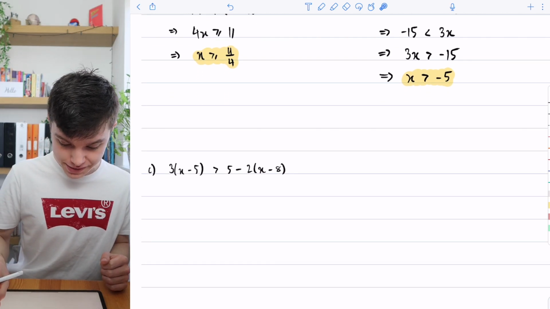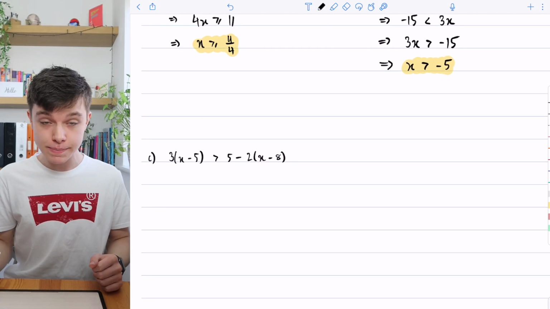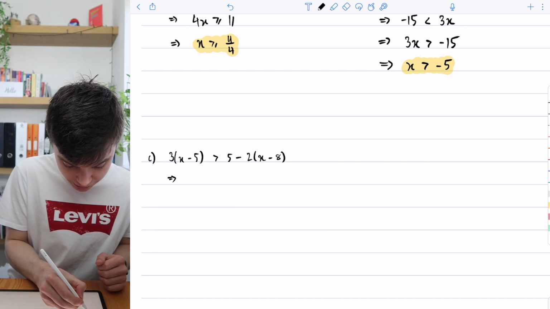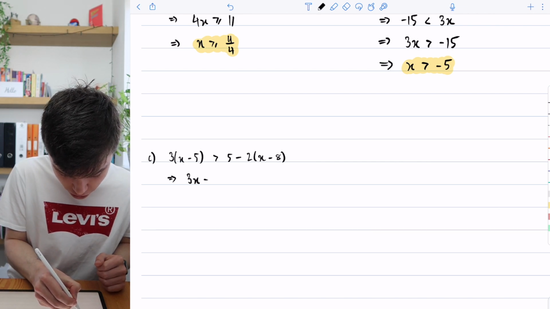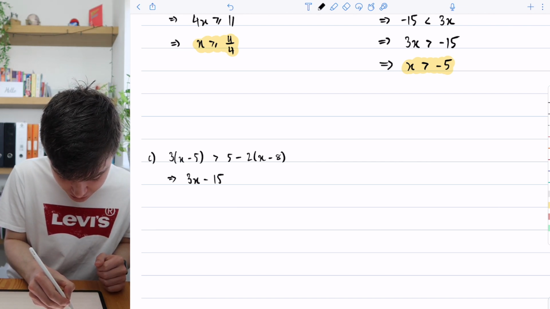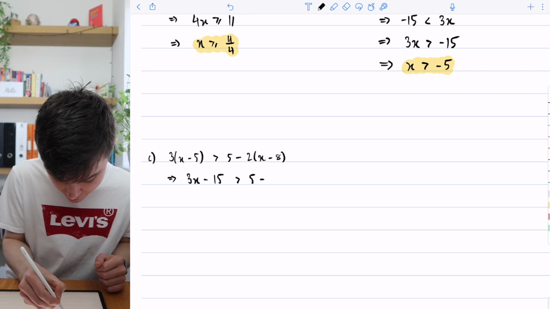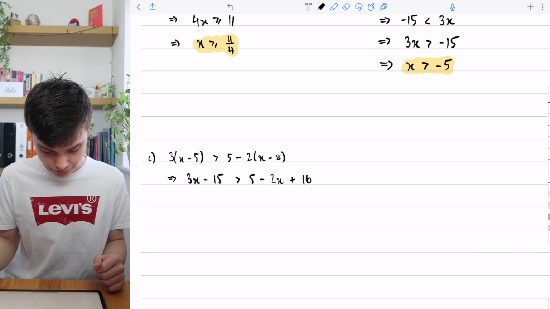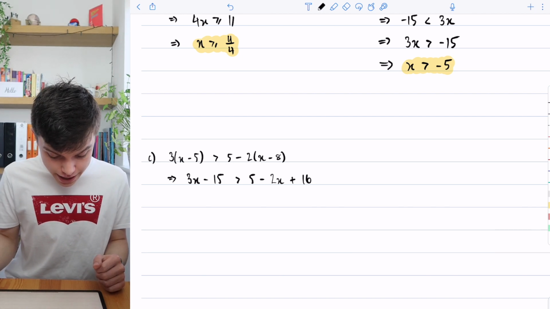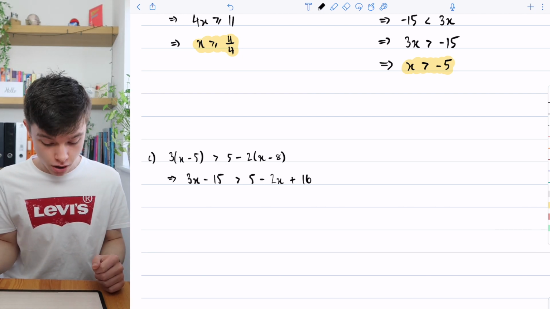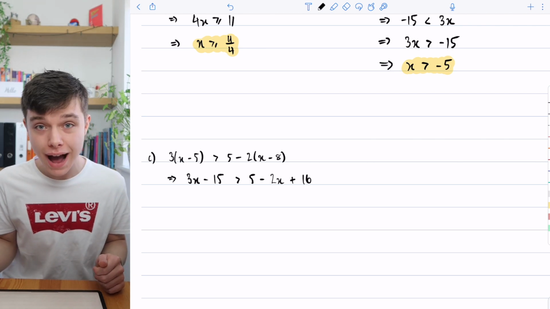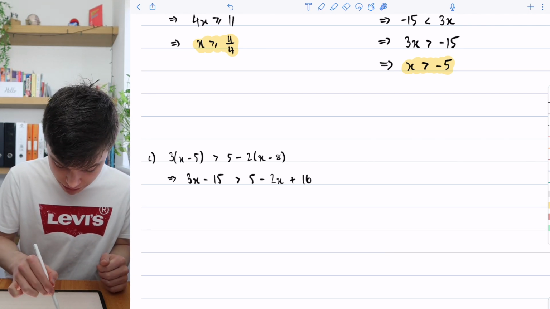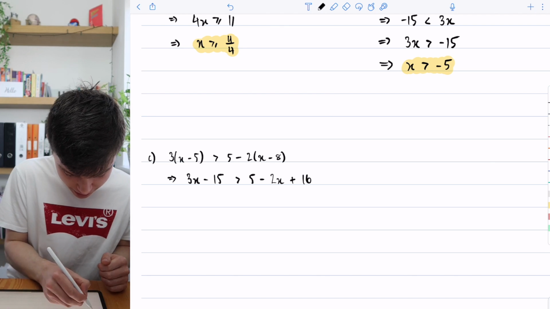Okay, let's have a look at C then. We just need to expand our brackets first, so I'm going to put a little arrow to show my working. We'll end up with 3x minus 15 is greater than 5 minus 2x plus 16. Okay, then I'm going to get x on the same side. I'm going to add 2x to both sides to get rid of this minus 2x here. So we'll have